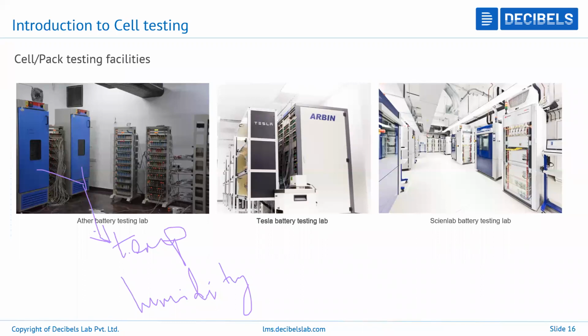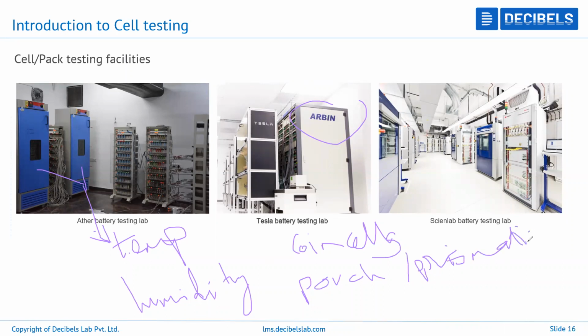Okay, so here, from Tesla, they use Arbin, and this is actually one of the world's most widely used testing benches. It can perform testing on all kinds of cells, starting from coin cells, heading over to pouch cells, even prismatic cells. They say they can even test other types of cell formats. It has a very huge range of testing capability, including